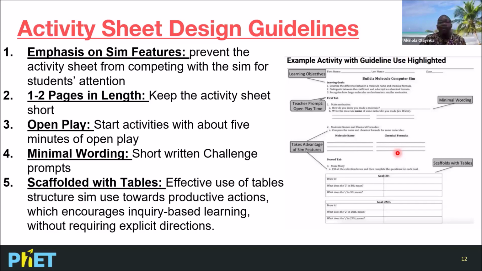Then number two, one to two pages in length. An activity sheet does not have to be extremely lengthy, especially when you are dealing with students at a lower level, maybe primary or secondary. Otherwise, it might be burdensome. If you are in the university, yes, you can make it as compressed as possible, but at a lower level, it has to be minimal so that you can achieve the learning objective. It's possible you use a single sim to achieve maybe two objectives in a particular